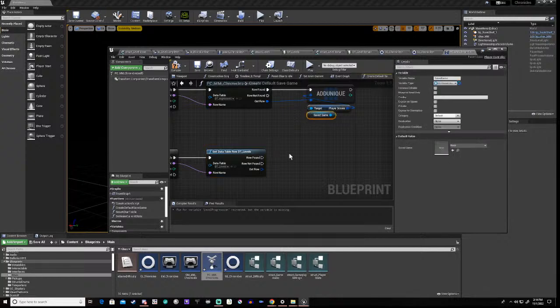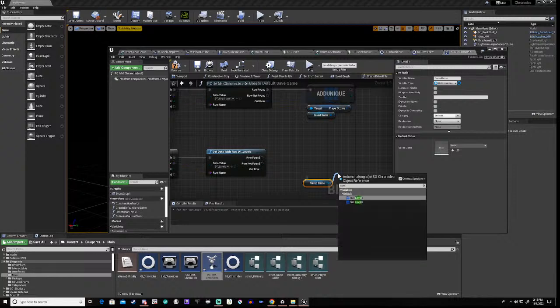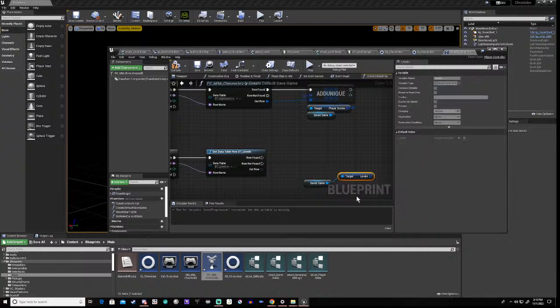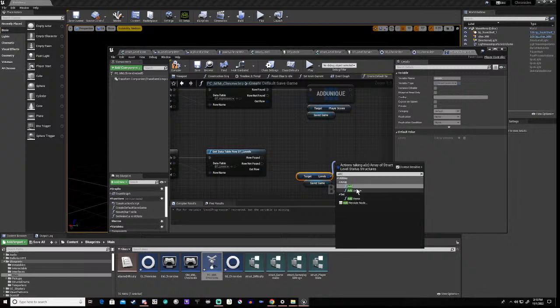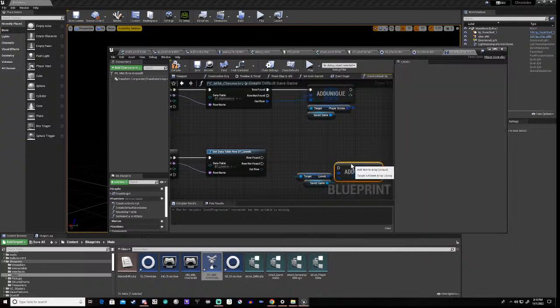And then we're going to duplicate that. Then we're going to say levels. And then we're going to add unique. Add would do it, but I'm just going to do add unique for super safety. That goes in there. And our out row